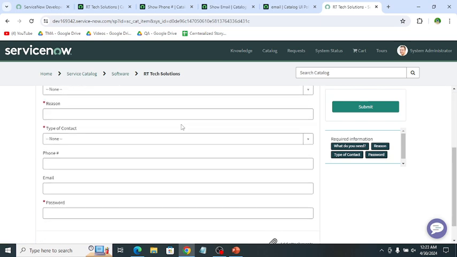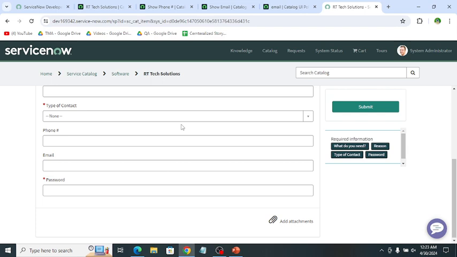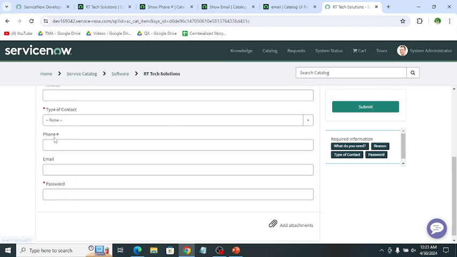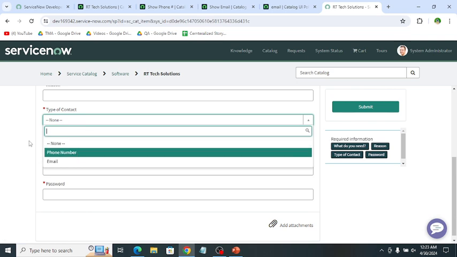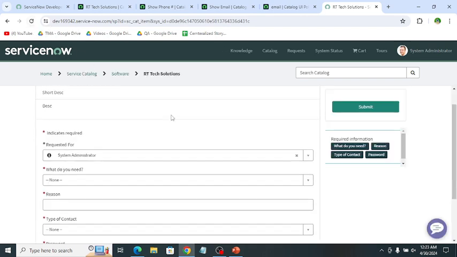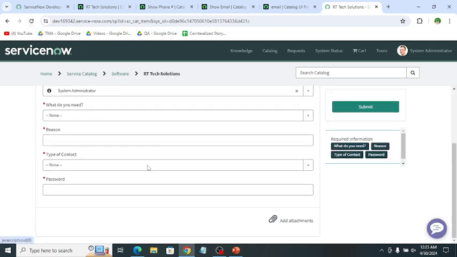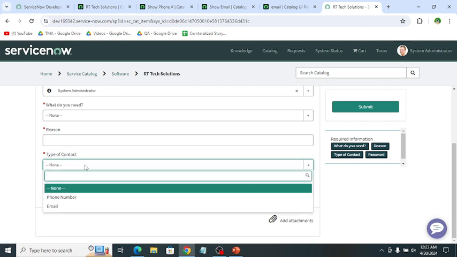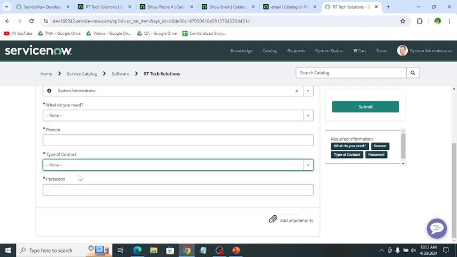When these UI policies are inactive, you can see that this form is showing both variables, phone and email. So let me refresh this. Now you can see that the variables phone number and email are hidden.